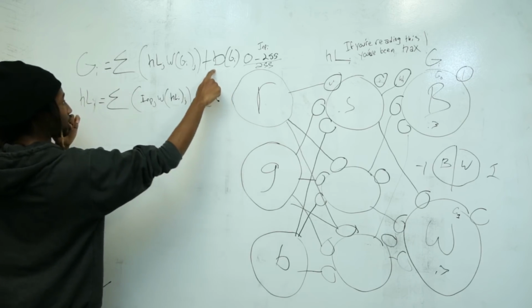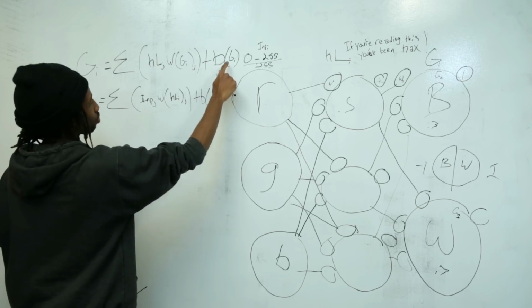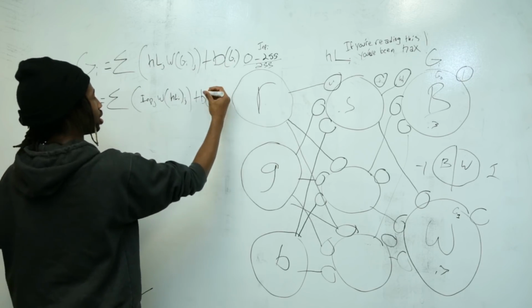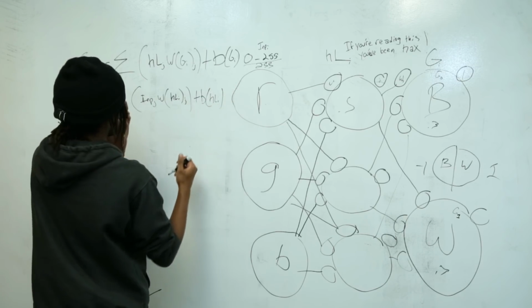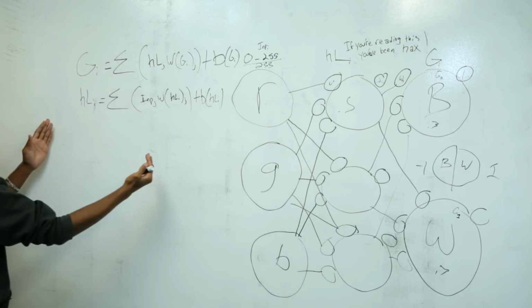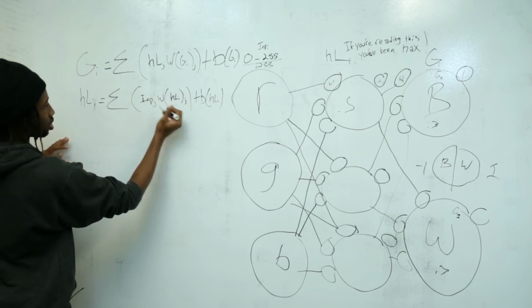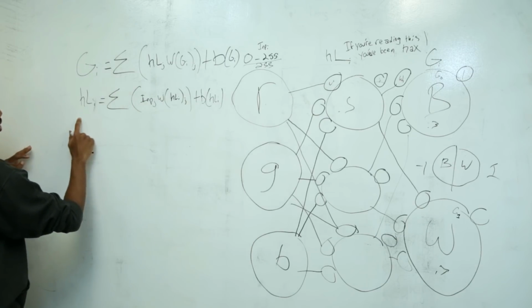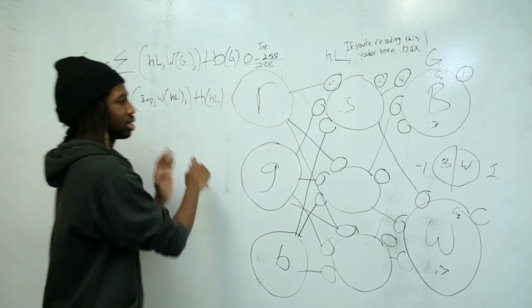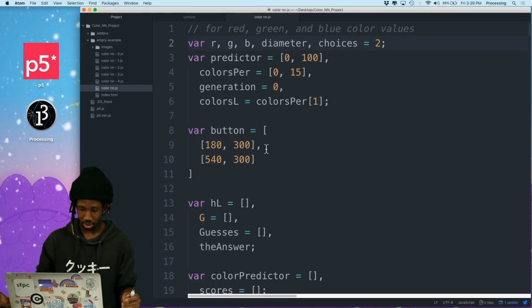And again, this right here is a function. All it does is grab the bias for whatever node that we pass through it. So bias of HL of I. And there we have it. We have our entire equation because we know exactly what input of j equals. It's going to be simply the random value of our color. And so this is what we need to write in our software.